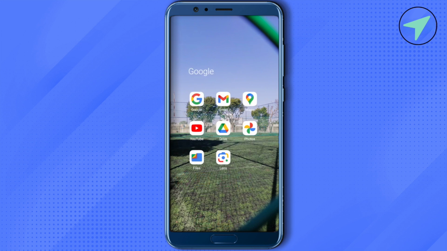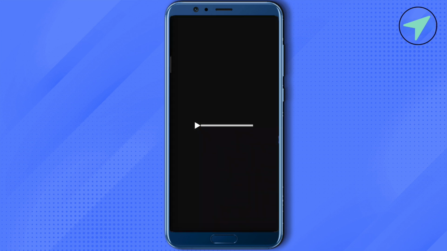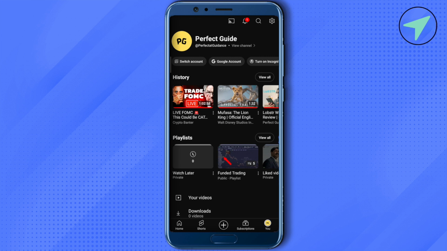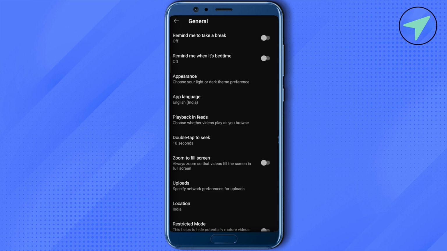After that, you need to open up YouTube on your device and wait for it. After that, you need to open up the profile of your YouTube account by clicking on the bottom right hand side corner. Then select the option of settings and here select the option of general settings. In general settings on iPhone, you would be able to find the option of picture-in-picture, but it is not there